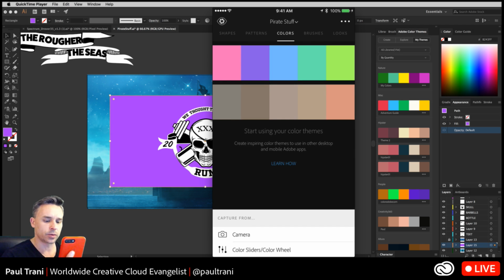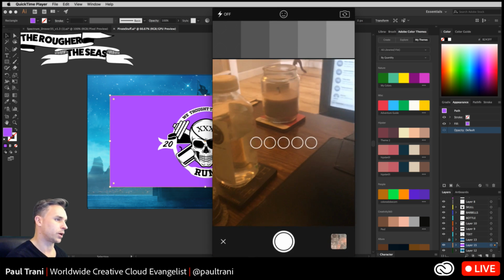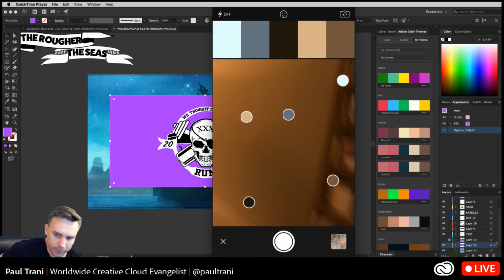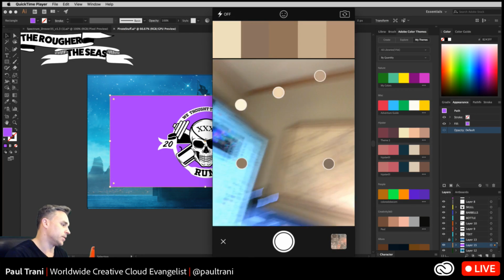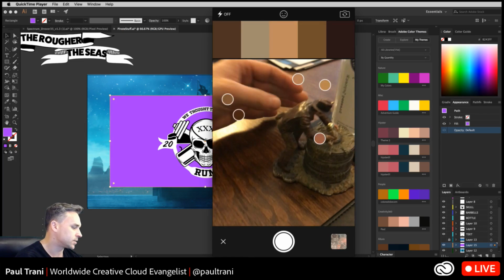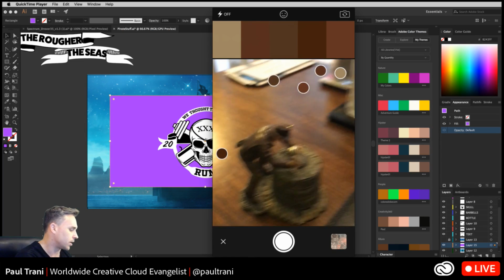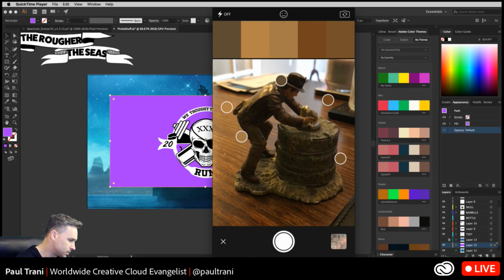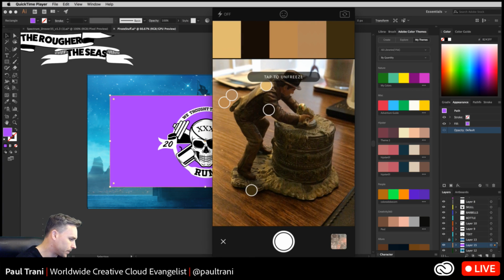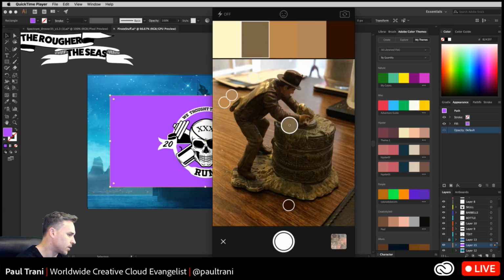So I can add another one, just take from the camera, you get a quick preview of a very dirty lens, but essentially I'll just point it at my Indiana Jones character right here, because he's so cool, right? I could tap on it to freeze and start to adjust any one of these colors. This is actually pretty neutral.